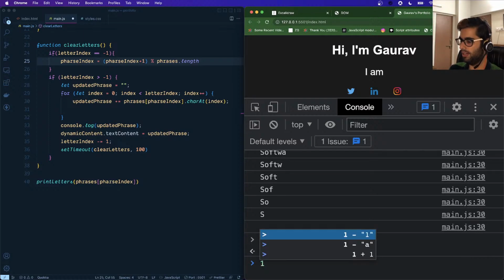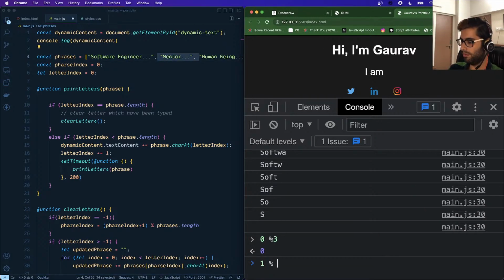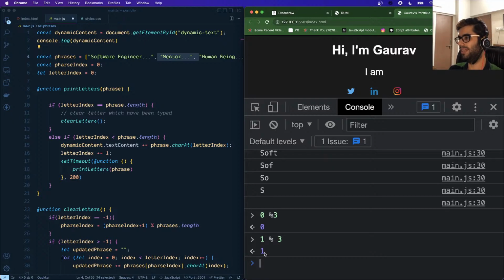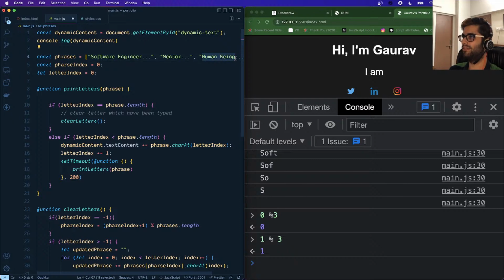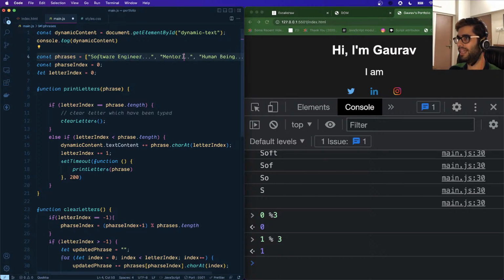If you do 1, which is the second phrase, so 1 modulo 3, you're getting the result as 1. Once we are at the last phrase, after that the phrase index will be incremented by 1. So this is the 0th index, this is index 1 and index 2. Once this phrase has been covered, it will come over here and once again